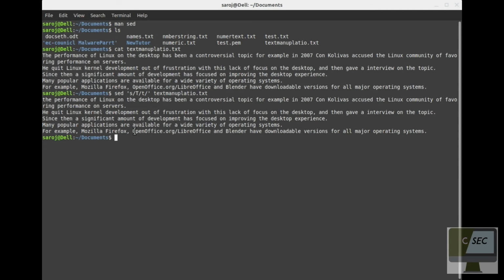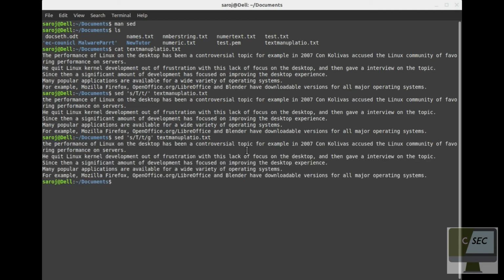To substitute all the letters in our text file, we have to specify g on it, g for globally. So the capital letter T is substituted by small letter t globally in the given file.